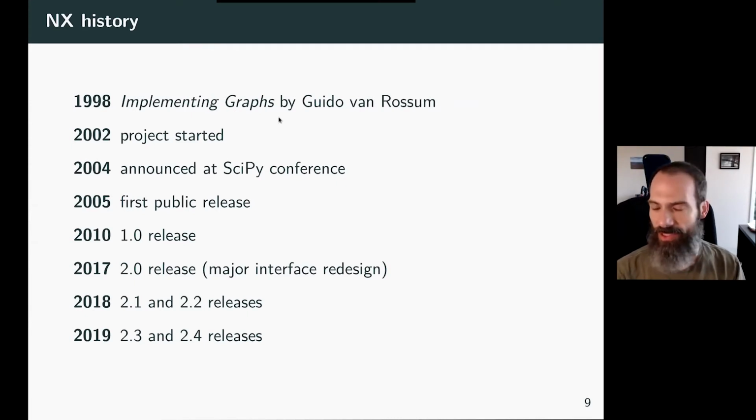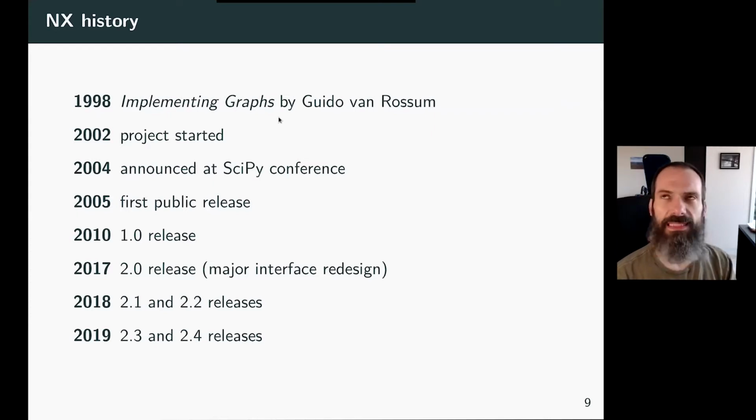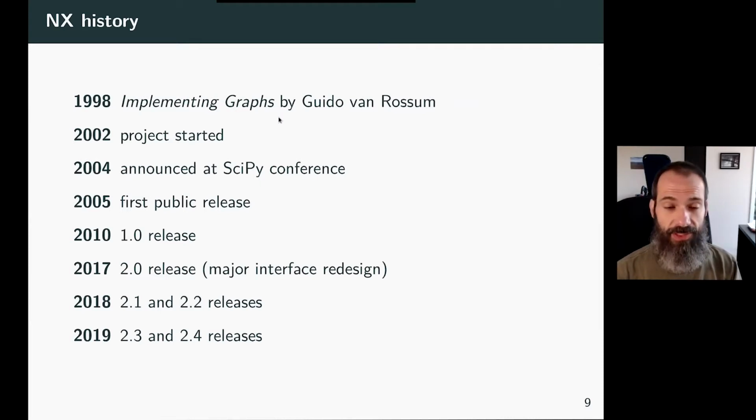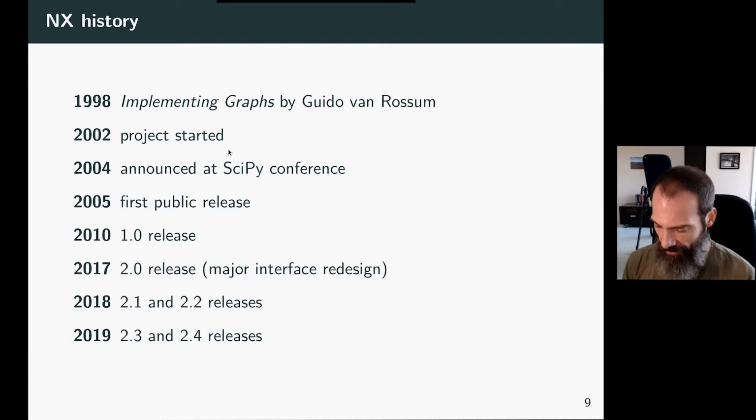So I mentioned dictionary of dictionaries, but the initial idea was to use a dictionary of lists. And then NetworkX started around 2002. Initially, I think David Epstein had proposed using this dictionary of dictionaries instead of the dictionary of lists. And then at LANL, Eric Hagberg and a colleague started NetworkX in 2002,